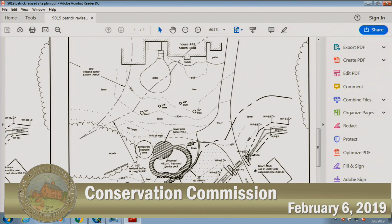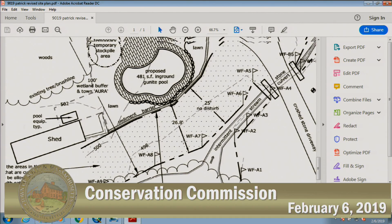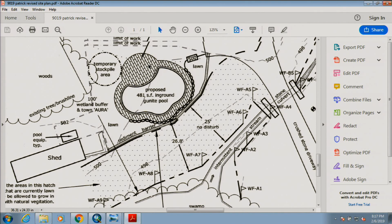So on this one, mitigation was, well, first of all, for those that weren't here, they proposed an in-ground pool with a patio around it in the 100-foot buffer zone, up to 25 feet away from an intermittent stream and narrow BVW fringe. And what was agreed to is that, because they had lawn going all the way down, almost to the edge of the stream,